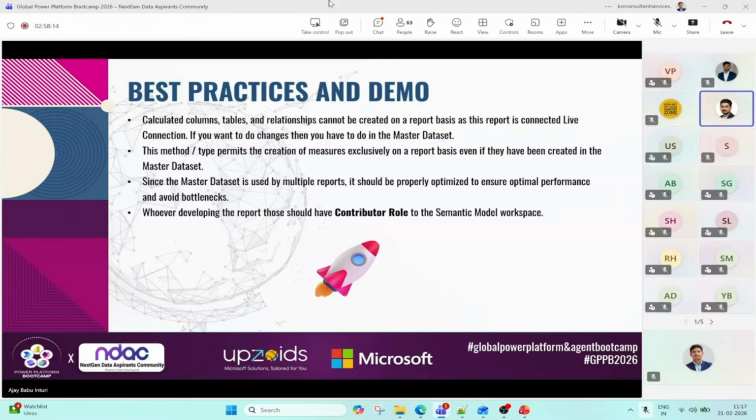So when creating a semantic model, we have to create all those calculated columns, tables, and relationships keeping in mind that they should fit all the reports. If it doesn't fit even a single report, that report won't be accurate. That's why all these three things are created in the semantic model.